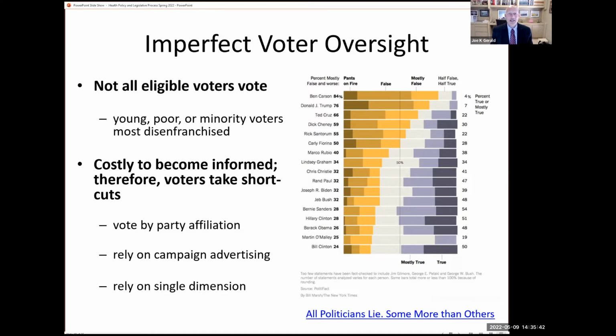In the United States, incumbents win more than 80% of all races. It's very difficult for a newcomer to compete head to head with an incumbent and take that elected seat away from them. Well, there are a number of problems that lie on the voters' side. So not all eligible voters vote, particularly here in the United States. Voter participation in election years may be in the mid 60%, with 2 out of 3 people voting and 1 out of 3 not voting.